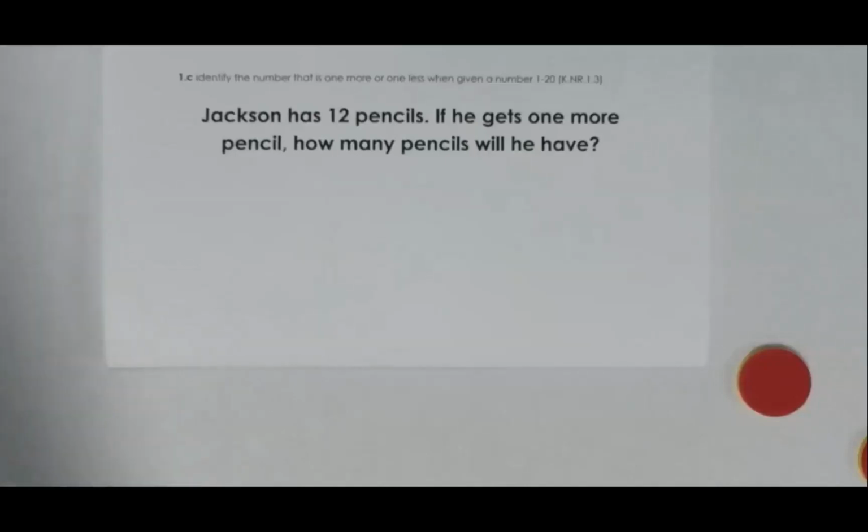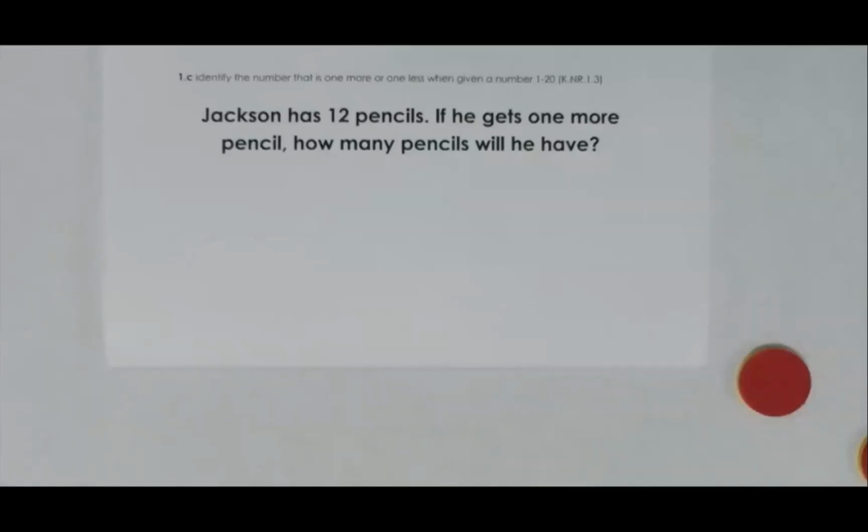IOA 1C, identify the number that is 1 more or 1 less when given a number 1 through 20. Eventually, the goal of this IOA is for our students to be able to quickly, without thinking, tell us the number that's 1 more than any given number or 1 less. I want to be able to say, what's 1 more than 12? And my kids immediately say 13. What's 1 less than 10? And I want my kids to know that the answer is 9 without them having to draw a picture or